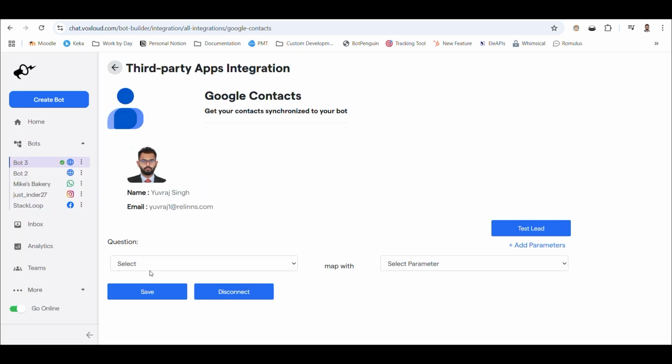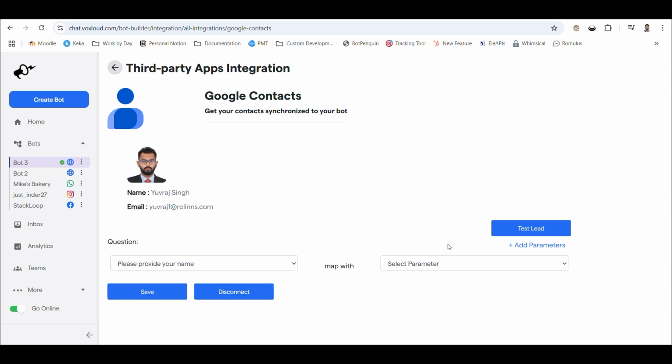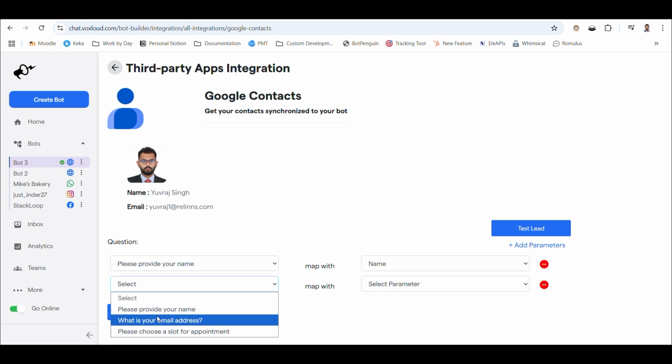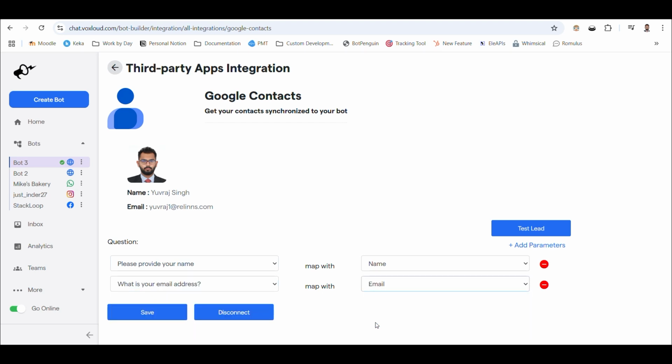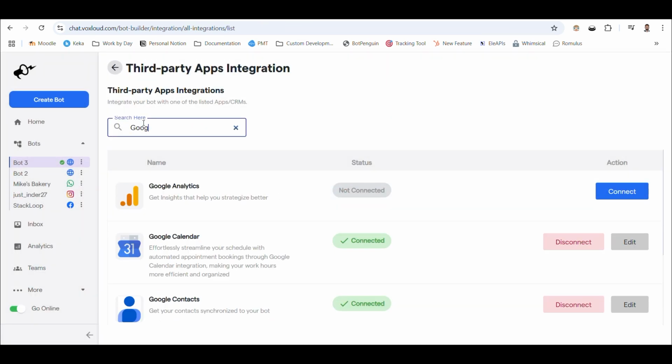In a similar manner to Google Calendar, I can map the questions to the selected parameters such as name to name and the email address to the email address, and click on save to make sure that the mapping has been done successfully. Thirdly, we will go to another Google integration,